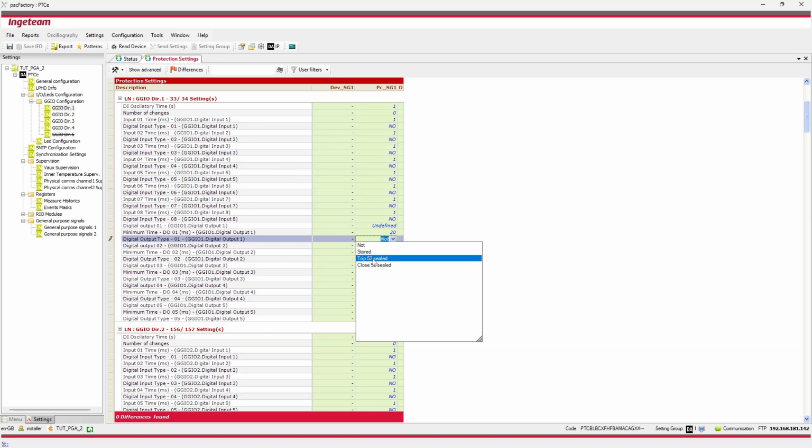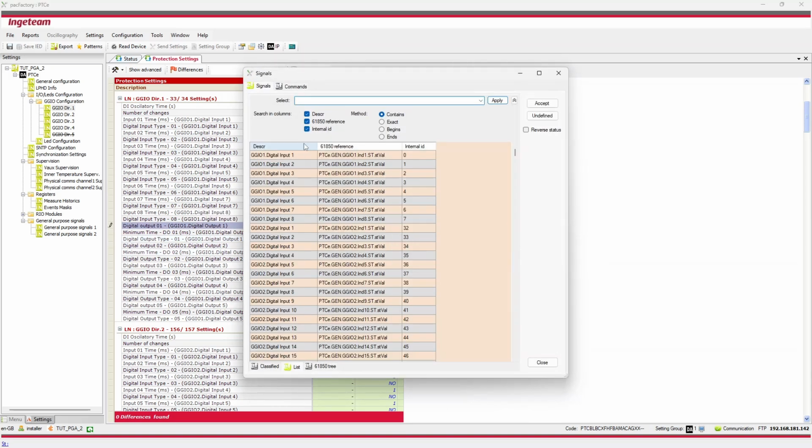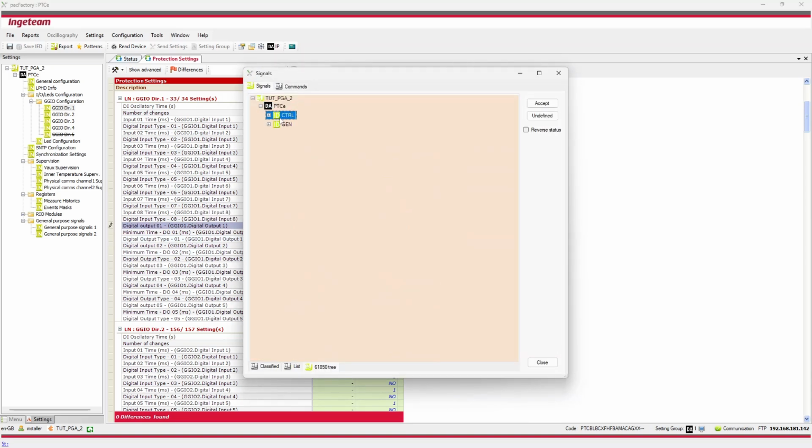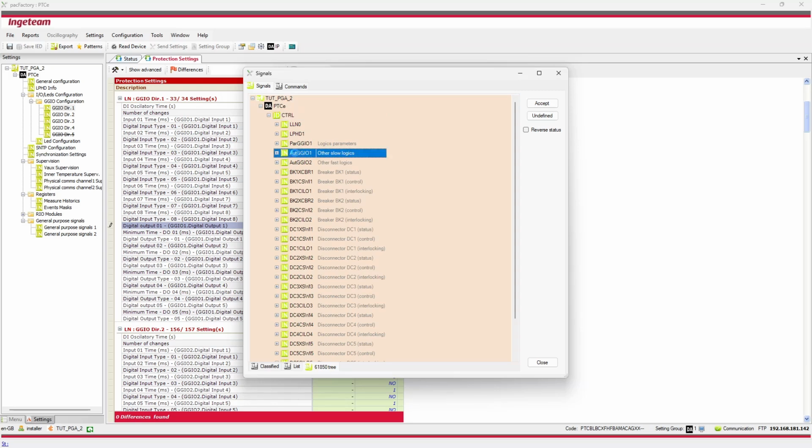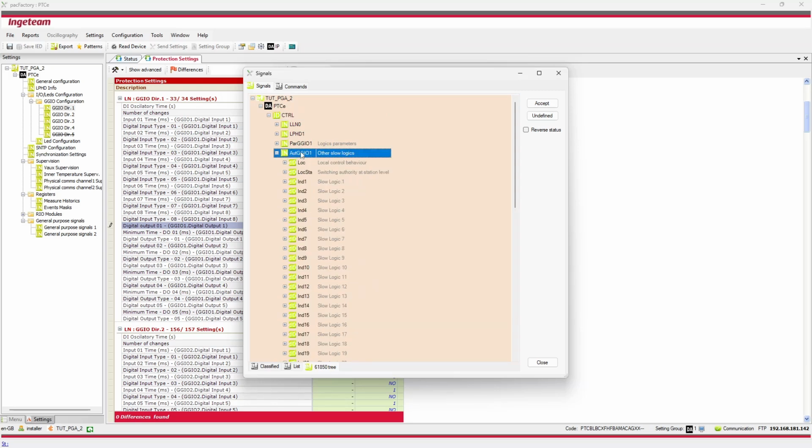Third mode: the output activates when the assigned signal is activated but does not deactivate until the signal is off, and the breaker protection logical node, PROT.XCBR, reflects the breaker as open. And finally, fourth mode: the output activates with the activation of the assigned signal but does not deactivate until the breaker protection logical node reflects the breaker as closed. Regarding the signals assigned to the digital outputs, these can be selected from the whole model as long as their types are compatible, that is, single-point signals or similar.